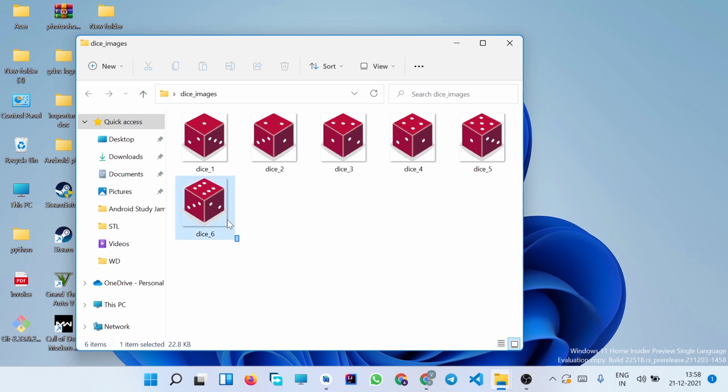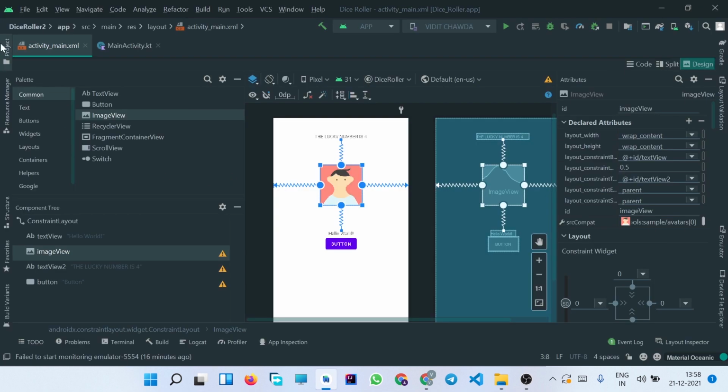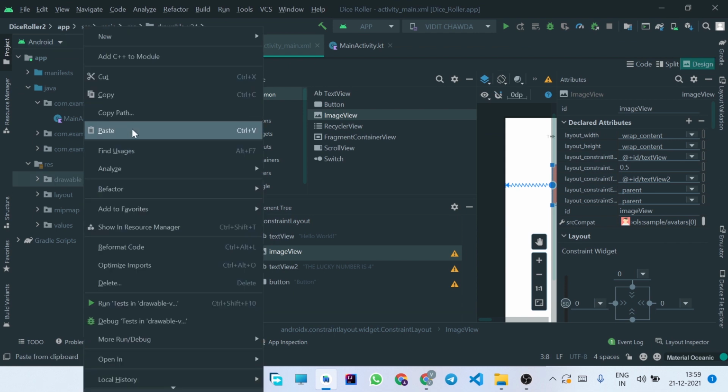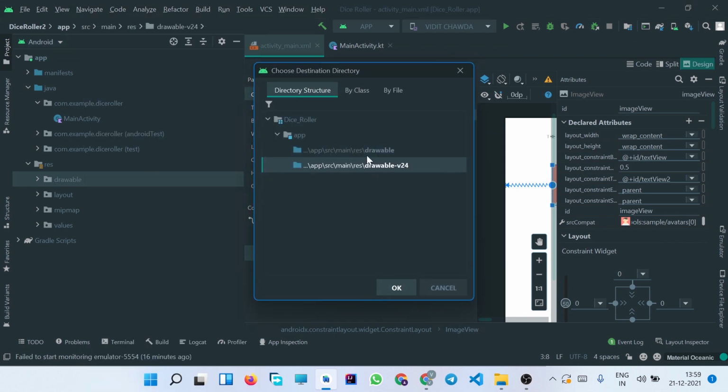So first I need to copy all these 6 images to the drawable folder. Here inside the drawable folder, I'll simply right click and paste all these 6 images.